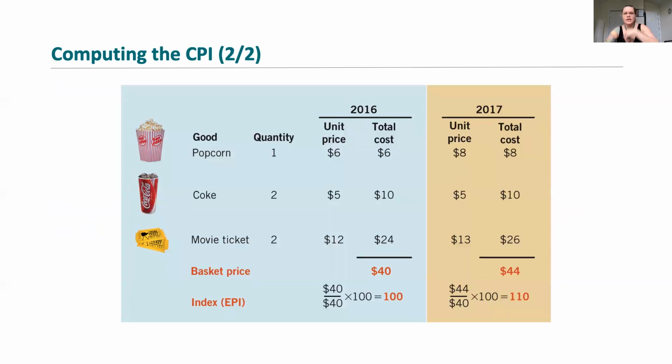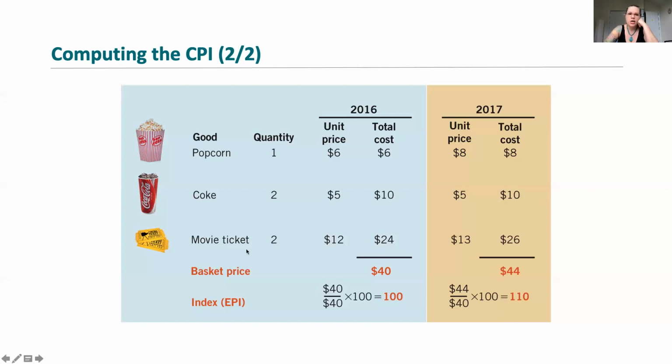So here's an example. Let's consider three goods. Each of them has been given a price and a quantity. And here, cost in this case is the total amount of money expended on that item. So we can see that if our three items are popcorn, Coke, and a movie ticket, then we look at unit prices and then overall what we paid. So if we buy one popcorn at a unit price of $6, our total cost is $6. If we buy two Cokes at a unit price of $5, our total cost is $10. So we're assuming here that what we're calling the basket of goods is one popcorn, two Cokes, and two movie